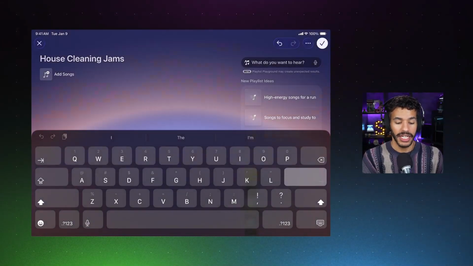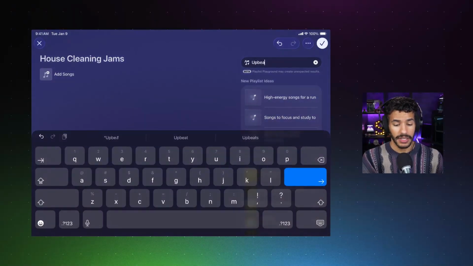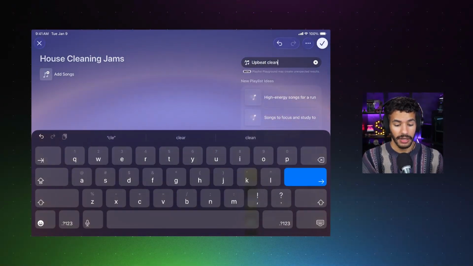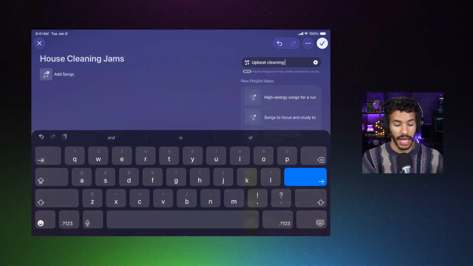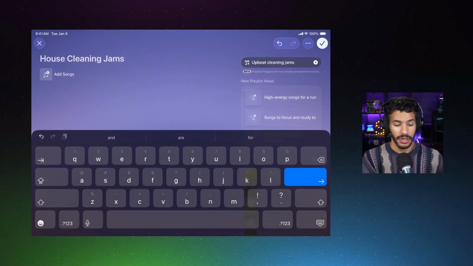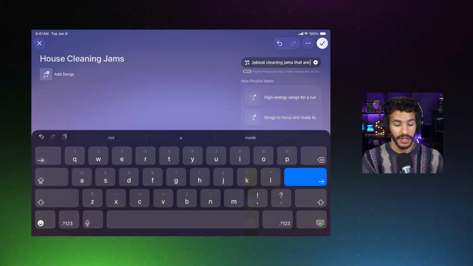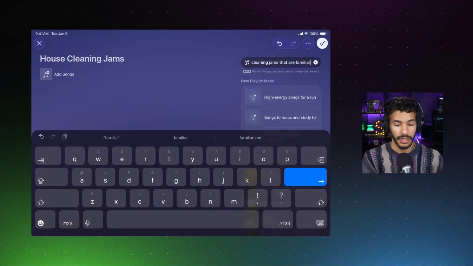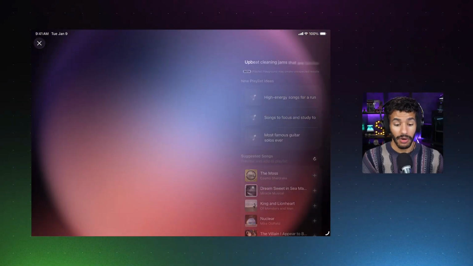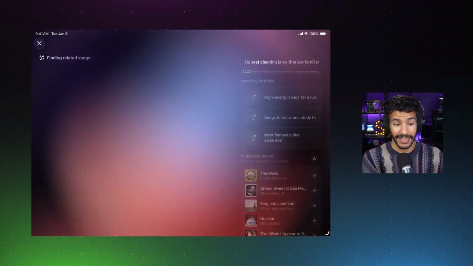that. So for house cleaning jams, I'm going to say upbeat cleaning jams that are familiar, and hit enter. Now, remember, the idea here is that you can type in what you want and it's going